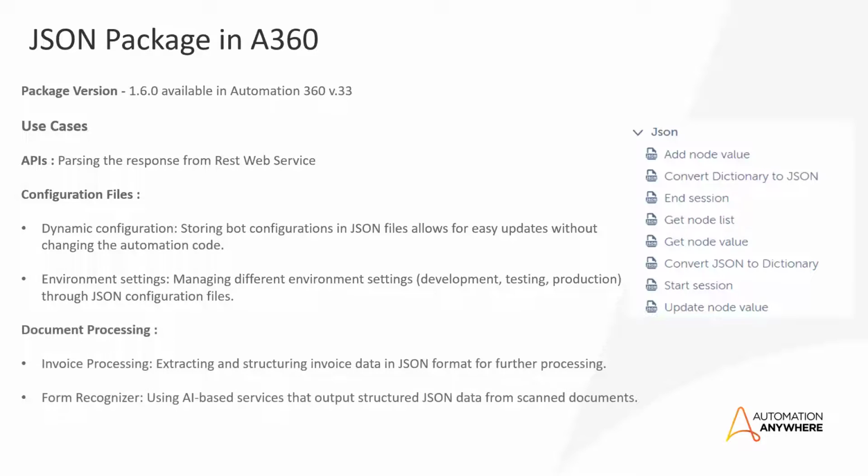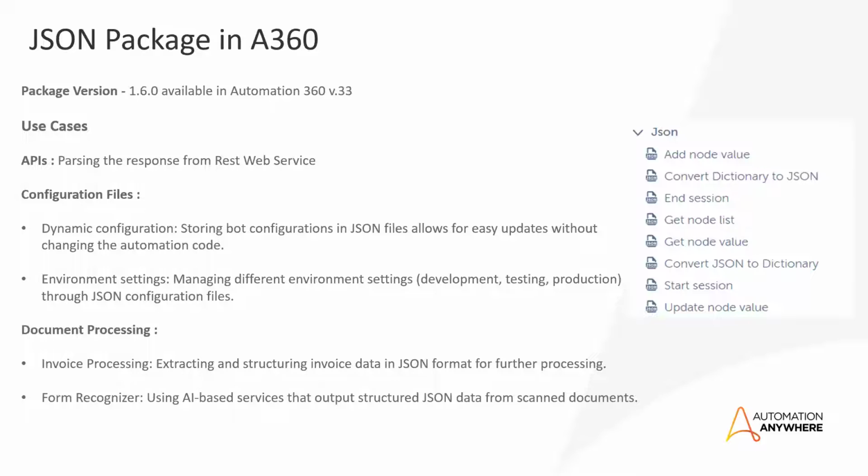The other common use case, which is a very interesting one for using JSON, is invoice processing. So if you are extracting and structuring invoice data in a JSON format, or if you are using document automation and you have uploaded the documents and you want to manipulate the data before you download the CSV file, or if you want to add additional business scenarios before pushing it into the validator, you can get the entire response in the JSON and you can manipulate the data, and then you can push it back to the next system to do the